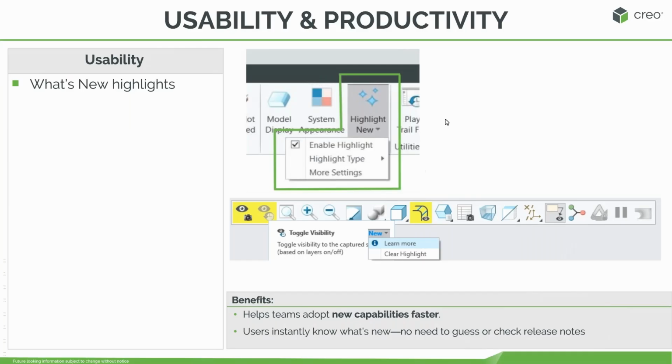The first update is that inside Creo now, it's easy to discover new features. Instead of digging through the menus or flipping through the documentation, the system will now highlight all the brand new features and newly added options inside Creo. That means the moment you open up Creo, you can immediately spot the latest enhancements and start using them straight